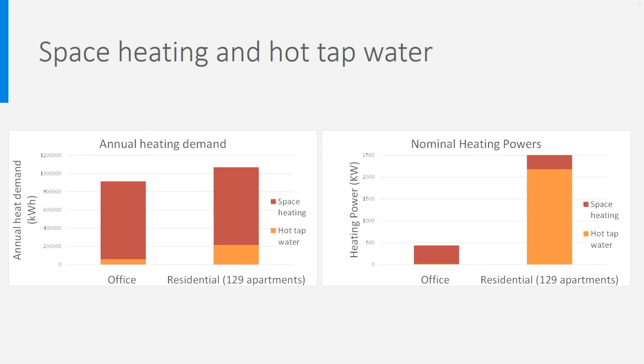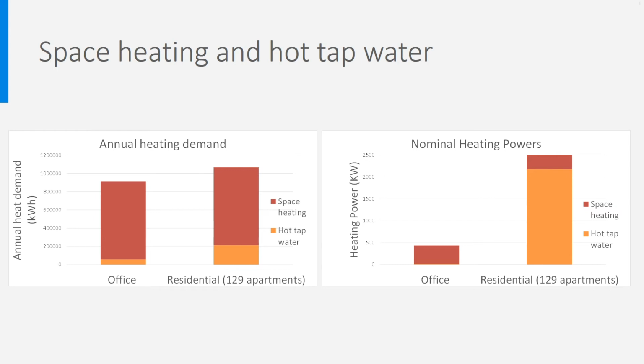Let's now look at the relative sizes of heat demand and powers for space heating and hot tap water. Our building is an office building. That's the left bar in both figures. Obviously, both the heating energy and the power for hot tap water are very low in comparison with what is needed for space heating. That is logical, because little warm water is used in offices, generally only the sinks in